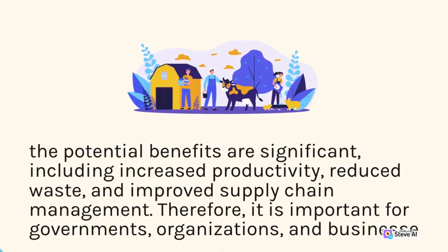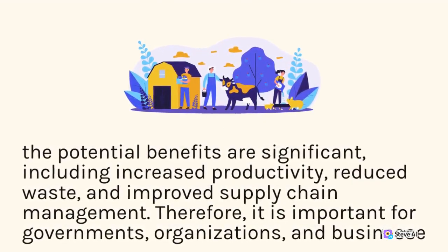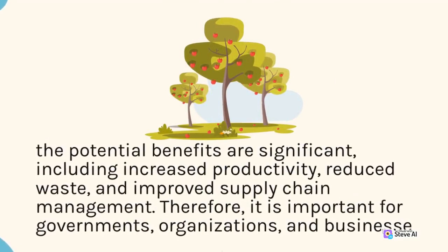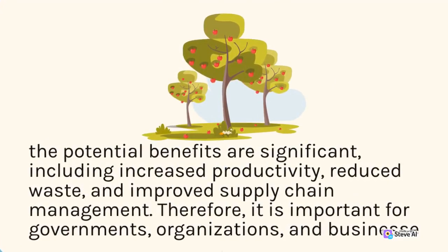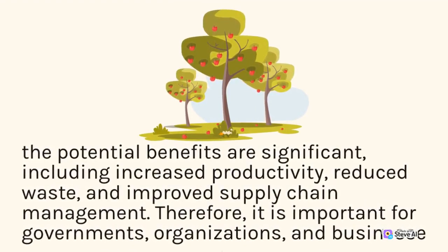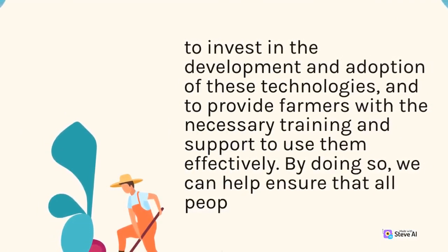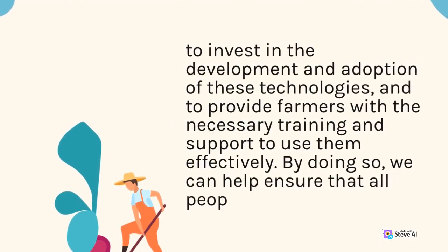Therefore, it is important for governments, organizations, and businesses to invest in the development and adoption of these technologies, and to provide farmers with the necessary training and support to use them effectively. By doing so, we can help ensure that all